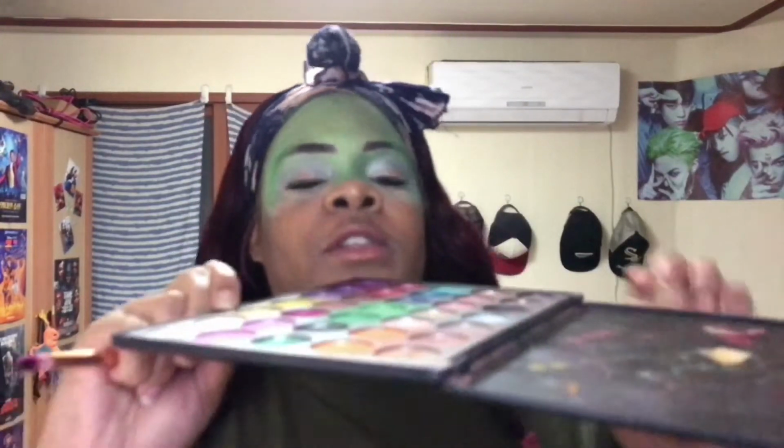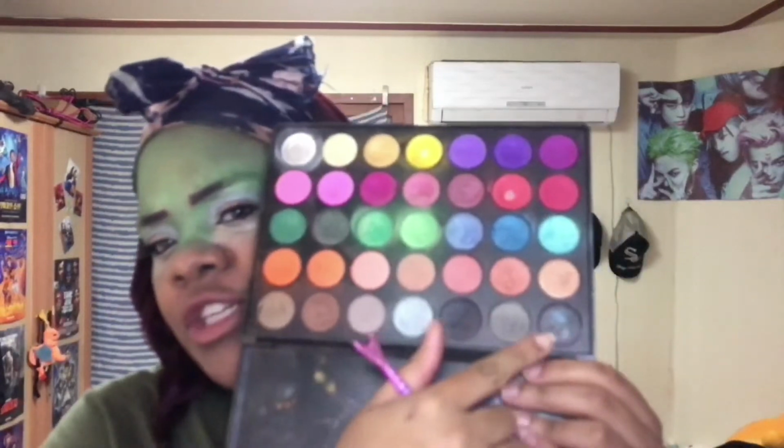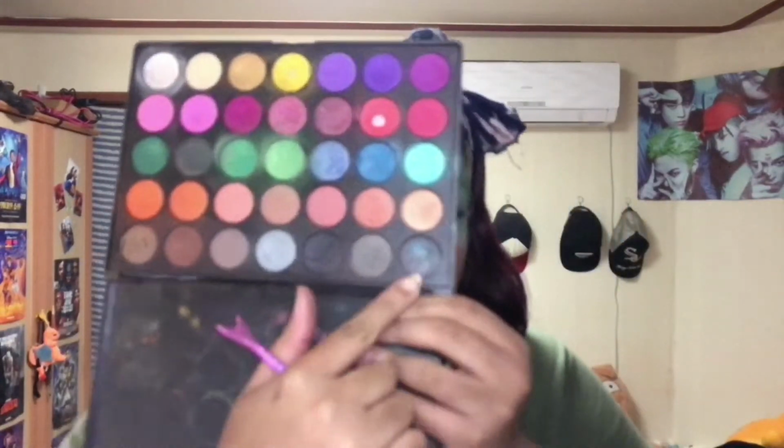And usually when I use these shades in this palette, these four here, it's like a shimmery, what is that? Like a black blue, like it's got some blue flakes in it, but it's basically black. A shimmery black brown shade, that's the only way I can explain that. The black and then the silver, they just fall out and it looks really gross. But because my brushes are a little damp, because I washed them this morning,